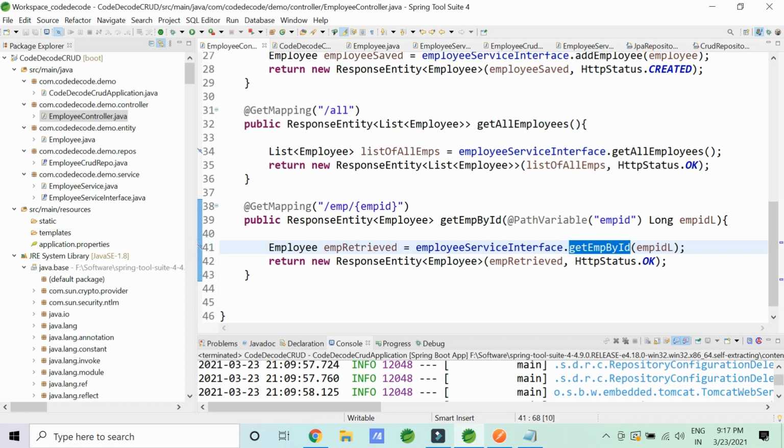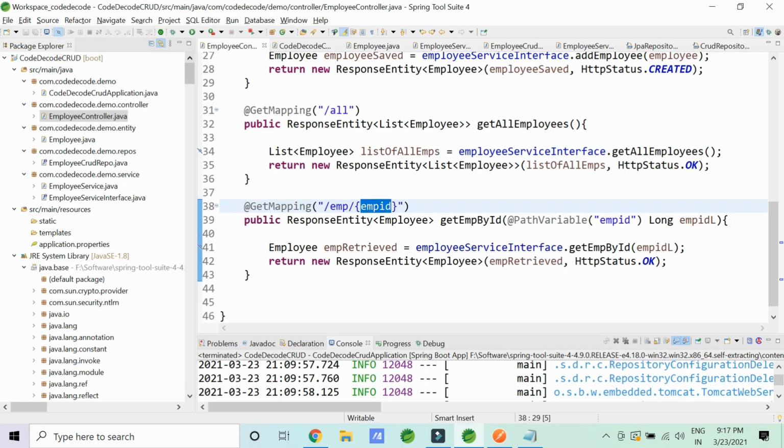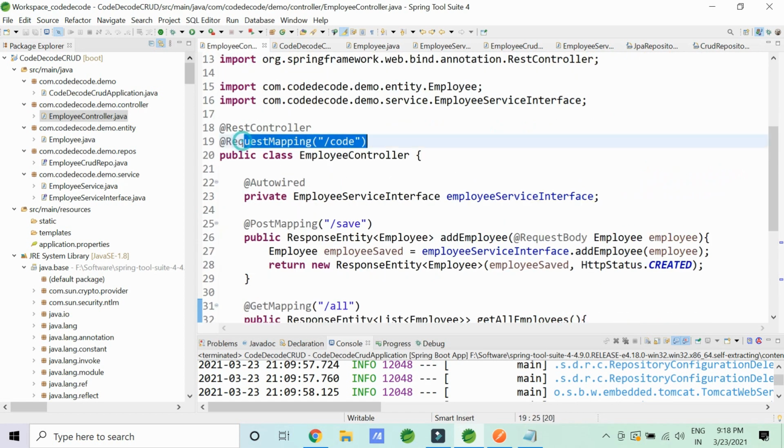So let's see, it's currently not in debug mode, so let's not even debug it. Whenever you add a path variable here, say /emp/1. So let's say it's again a get method. So code in front, see the code is important. Why? Because we have the request mapping as code.